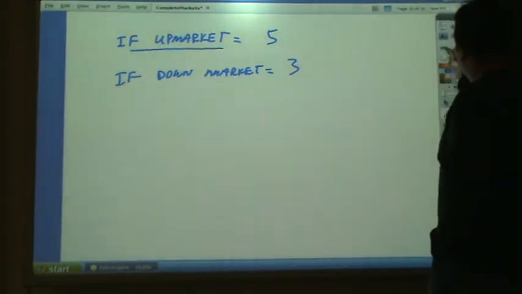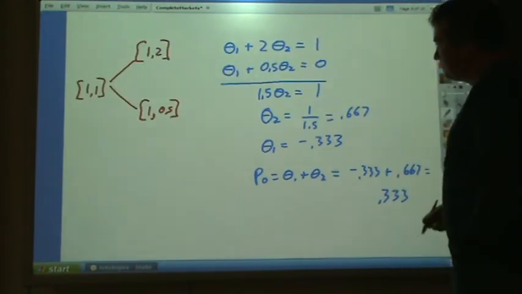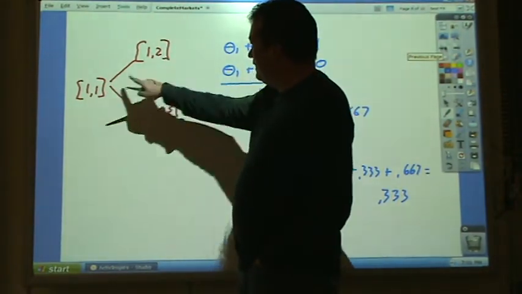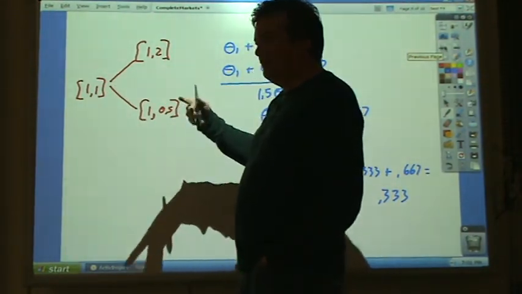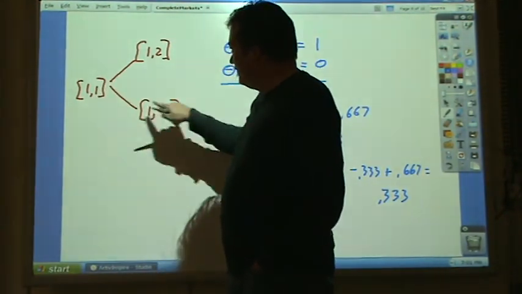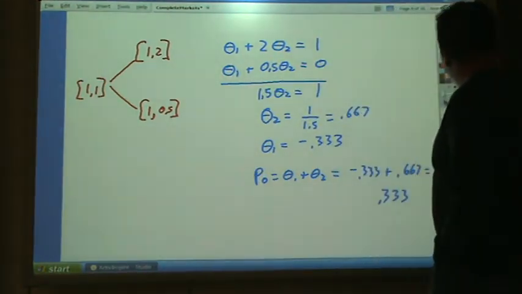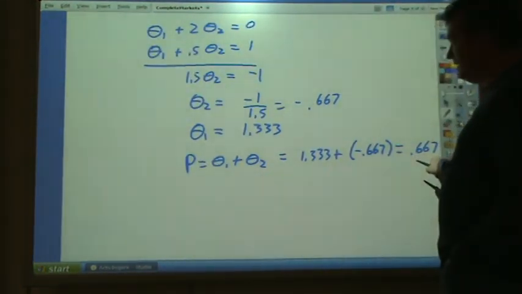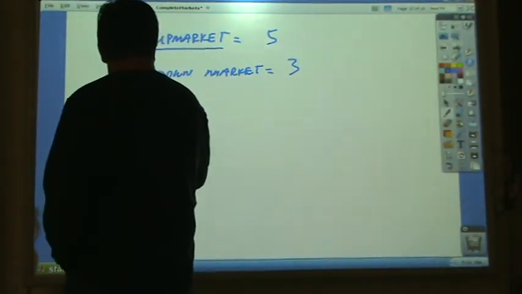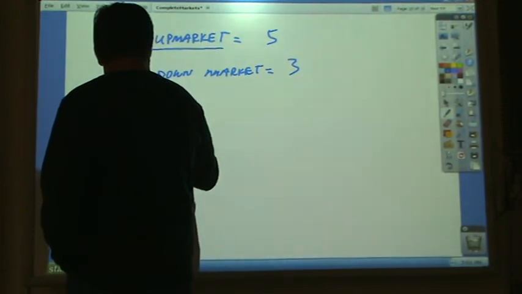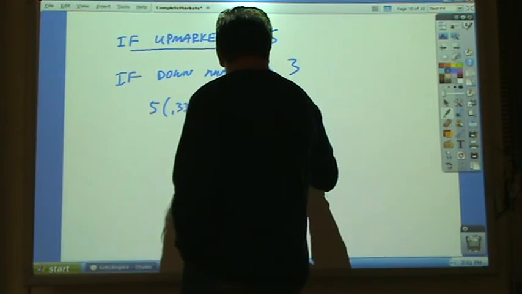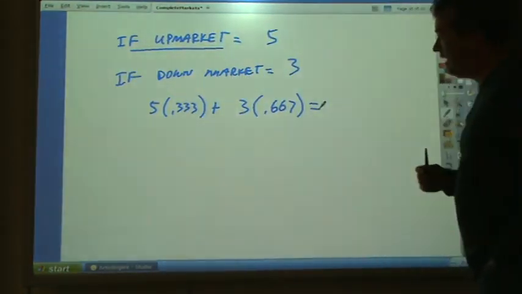We could look at these elementary securities. For 33 cents, I can buy something that if the market goes up, I get $1, and if the market goes down, I get nothing. So I'll buy 5 units of those. And then if the market goes down, I get $1, and the market goes up, I get 0. That cost me 67 cents each. I'll buy 3 units of those. So now I can just buy 5 times 33 cents plus 3 times 0.667 equals, so I can pay today,